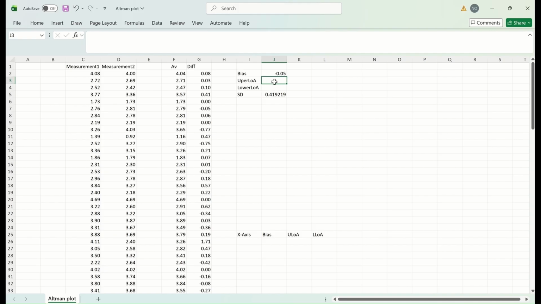In this cell here, insert the equal sign, then insert the bias, which is the value here. Then for the upper, insert the plus sign, 1.96 multiplied by the standard deviation, which is calculated here, and hit enter. A value of 0.77 is generated for the upper LOA. For the lower